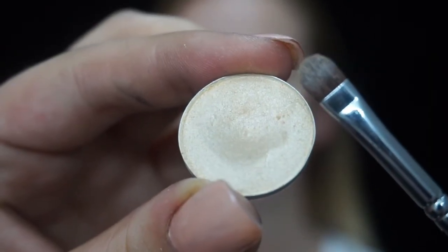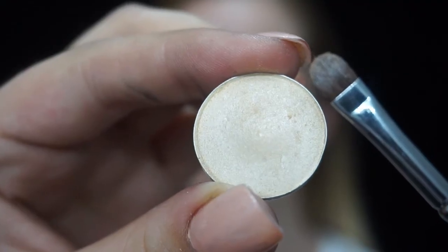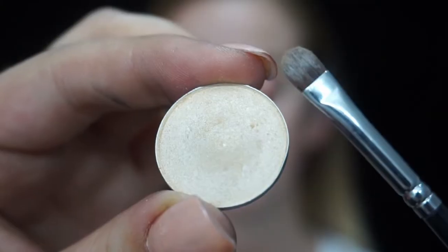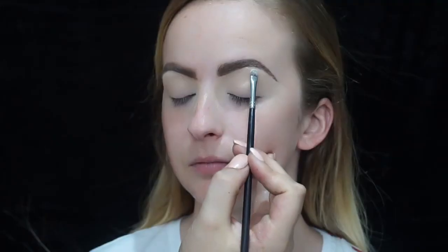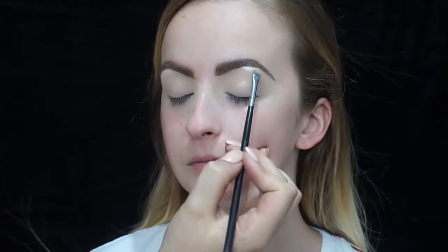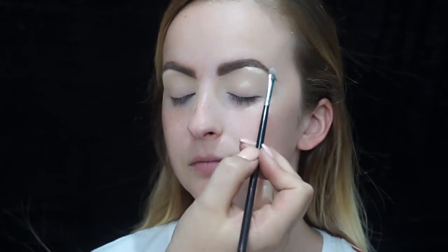So the next step now is to highlight the brow bone. I'm using MAC Nylon. This is my favourite highlighter for the brow bone. It's so nice, and just a really small brush because we want to get right underneath that brow. Okay, so we're popping this right up here, and smaller strokes the better, because that's going to really apply the product. So I'm pressing down and nearly just swiveling it on the eye,